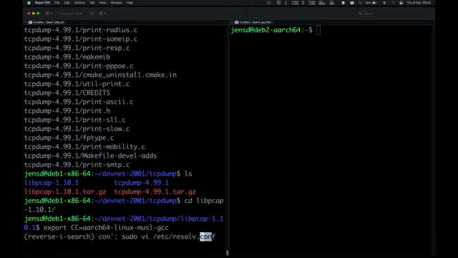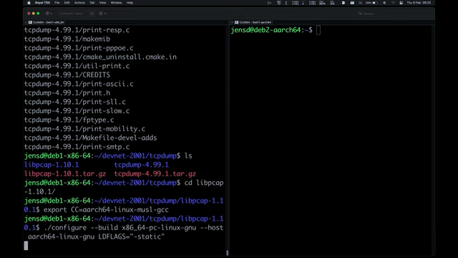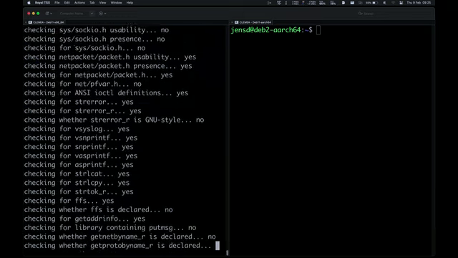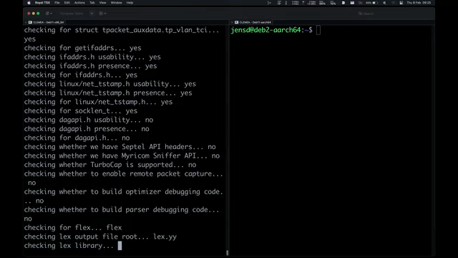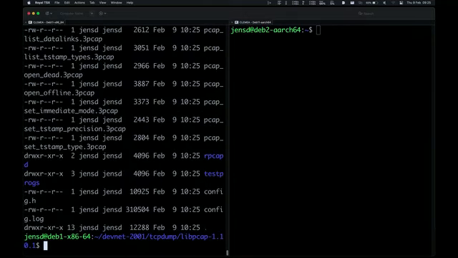Then I run this configure. So what do I have here? I have ./configure, my build platform, x86 64, my host platform, remember the weird terminology, 64-bit ARM, and I give a flag to the linker that I want to do static linking. So this checks the system for whatever I have, which tools I have, and the result should be a